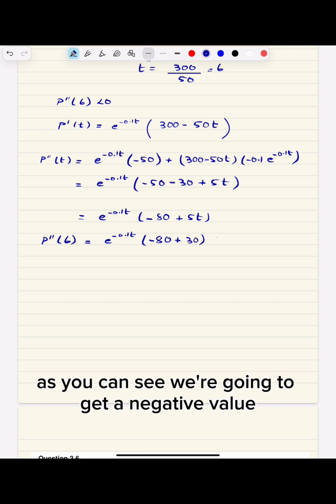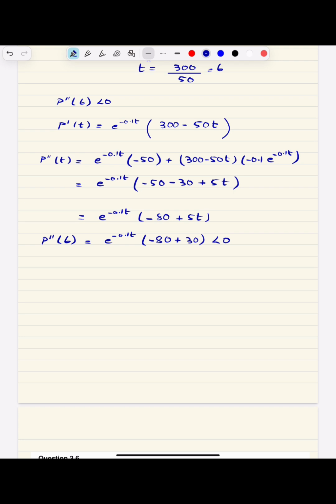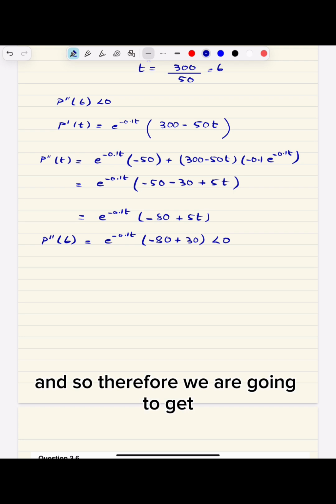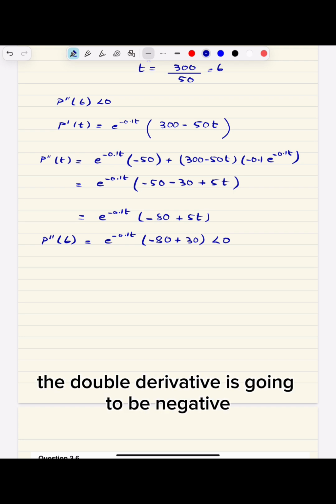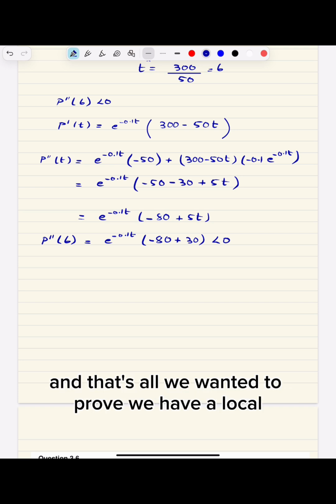As you can see, we're going to get a negative value because 30 minus 80 is minus 50. So therefore, the double derivative is going to be negative. So this is a local maximum. That's all we wanted to prove. We have a local